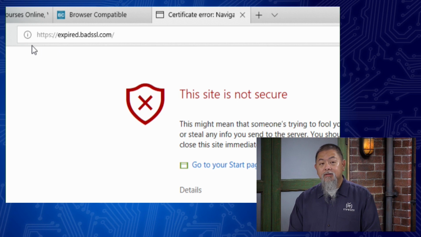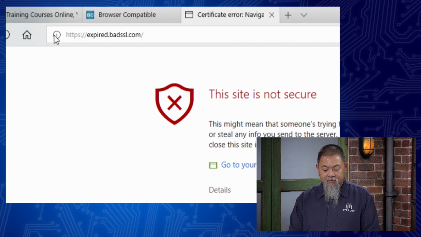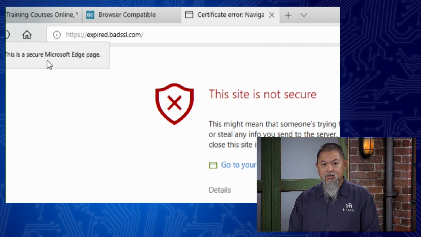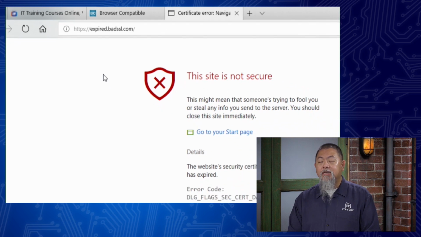address bar, now notice the difference between this and the home page that we were on too, is that it no longer has that little lock on it. This one just has site information. So it says show site information. Now this one just says it's a secure Microsoft Edge page. That's all it's saying. But overall, it's just saying, hey, there's a certificate, and this one's supposed